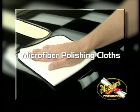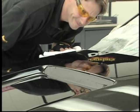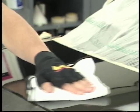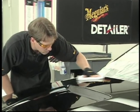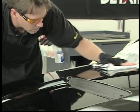Microfiber polishing cloths. To ensure show car results, you should be using a high-quality Meguiar's Ultimate Wipe at this step of the process. Tatty rags and poor-quality towels may put scratches back into the finish. The Meguiar's Ultimate Wipe will greatly reduce, if not totally eliminate, the towel-inflicted scratches that show up so easily on